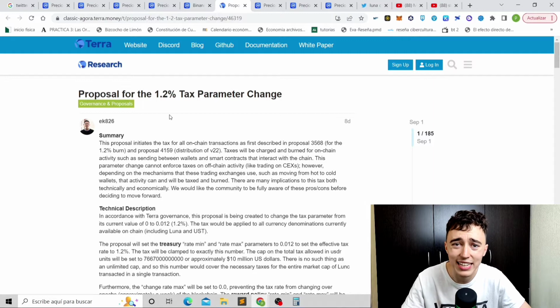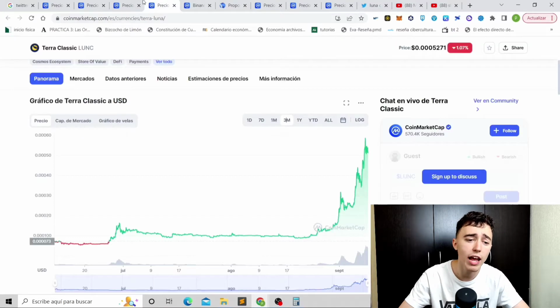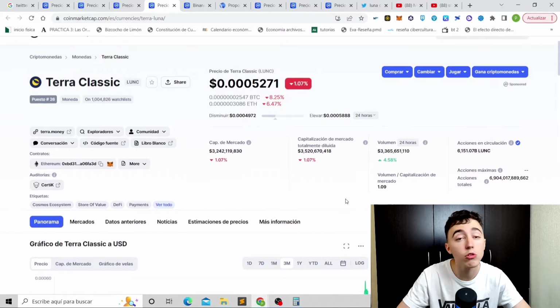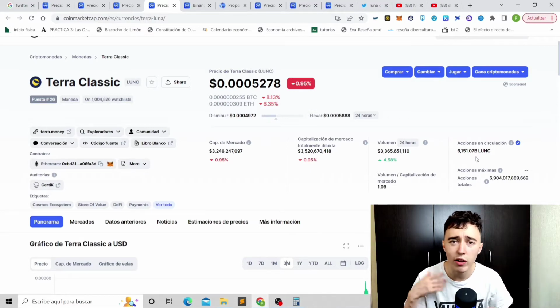As you know, Terra is decentralized, so you can put proposals and they can accept them. And they have created a 1.2% tax. How does that work? Every time you buy or sell Terra, 1.2% of the transaction will be burned, and if this is burned, there is less Terra, so the price should go up. Wow, amazing tokenomics. Basically, right now there are 6.1 billion Luna tokens, and this is the way of cleaning the